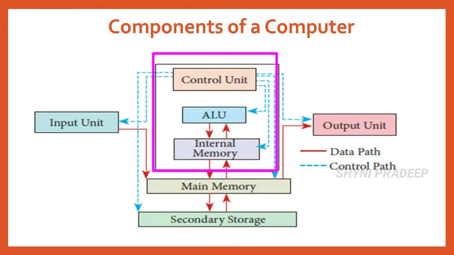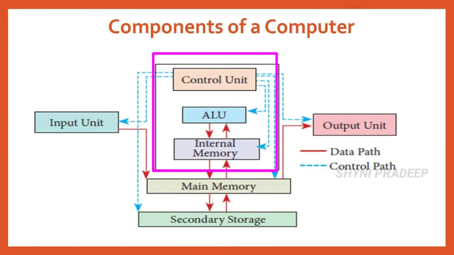Okay. So what do you mean by central processing unit? Central processing unit is nothing but CPU. It is the major component which interprets and executes the software instructions. It also controls the operation of all other components such as memory, input and output units. It accepts binary data as input and processes the data according to the instructions and provides the result as output.